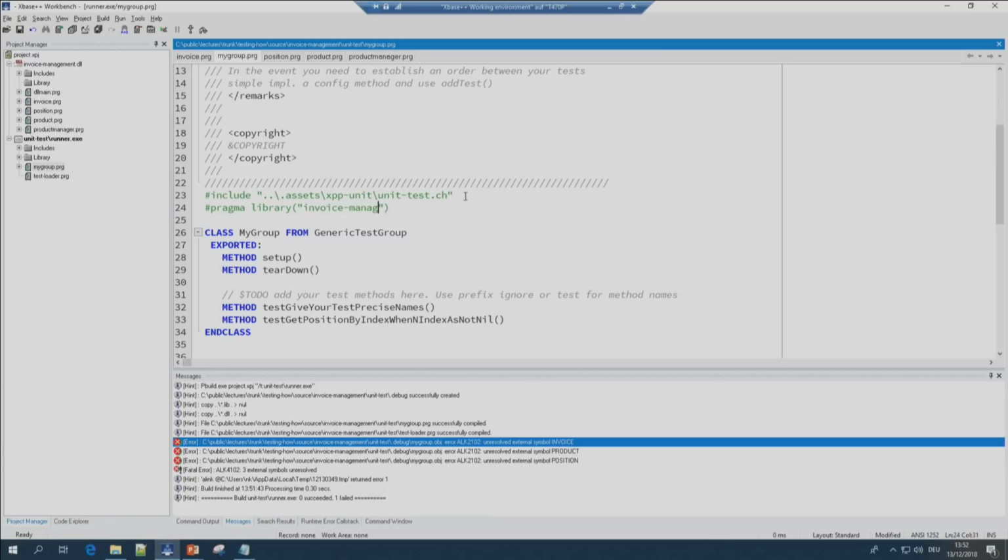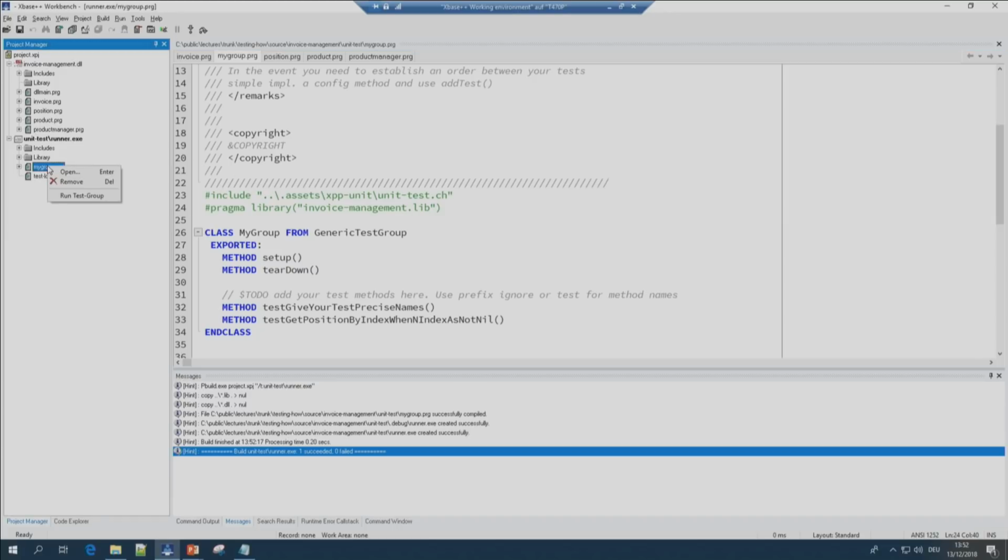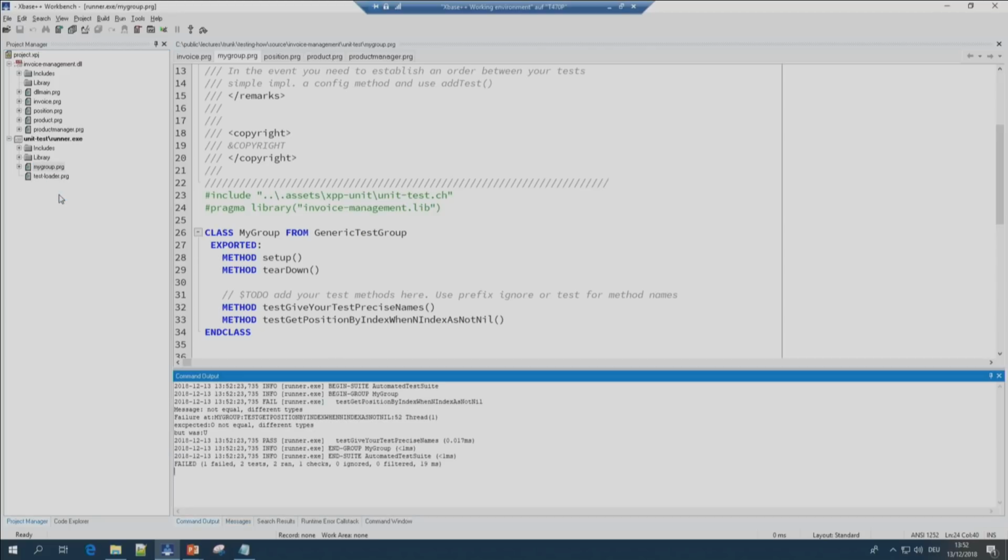Invoice management lib. Okay, I try it again. Super. And I can run my test. Run. And here we can see the test failed. And it's normal here. You see the error message is expected O, it means object, but was undefined, it means